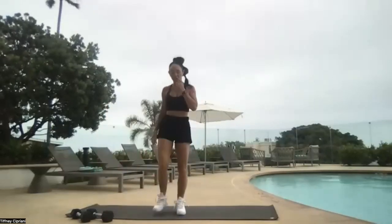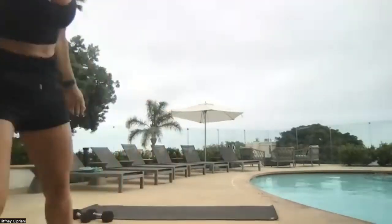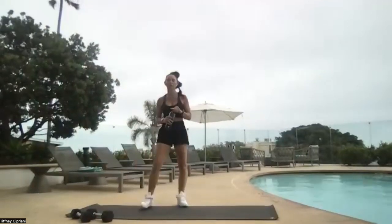And then we step in and shake it out. All right, guys, we do have supersets today. We have 3 of them working total body. We're working in 30-second intervals. And we're going to start with a